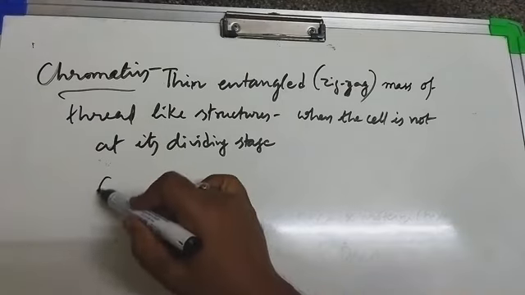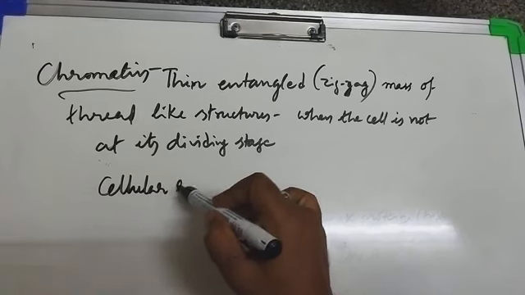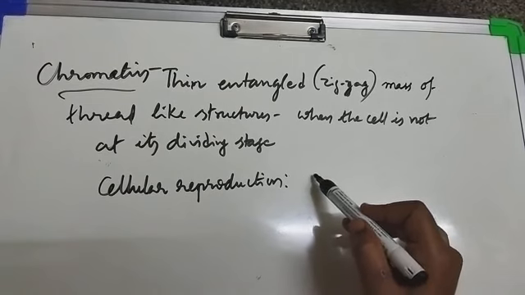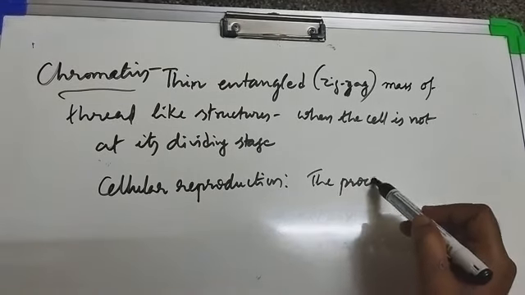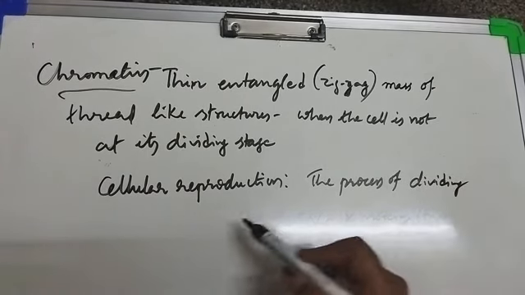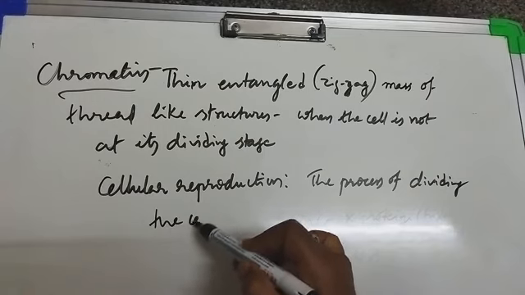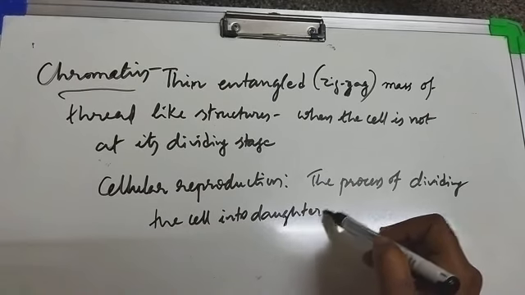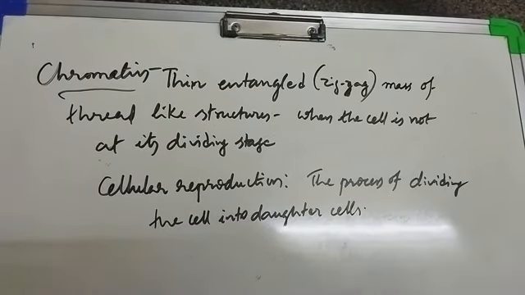What is cellular reproduction? Cellular reproduction is the process of dividing the cell into daughter cells, as per which all cells arise from pre-existing cells. So the nucleus plays a central role in cellular reproduction,